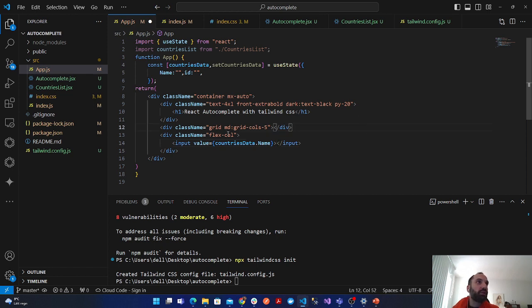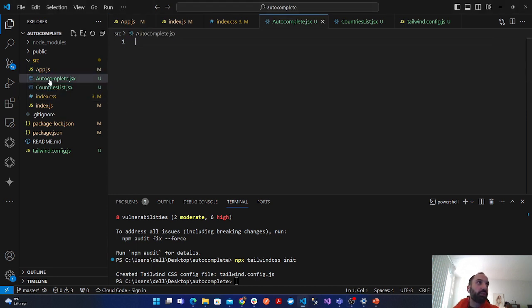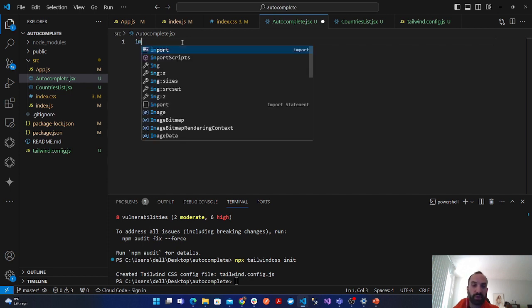Yeah, so that's it. So now going to the autocomplete component, it's still empty. So what should we have in this autocomplete component? We have suggestions, which is the input that the user will suggest, a placeholder, a value, and an onChange method. Actually, we start by importing